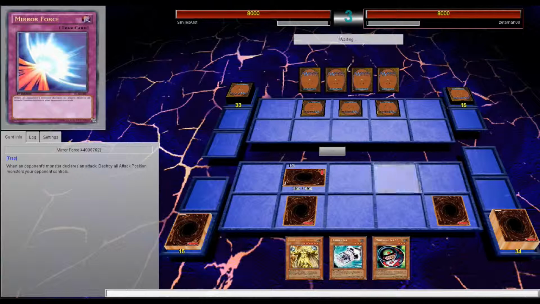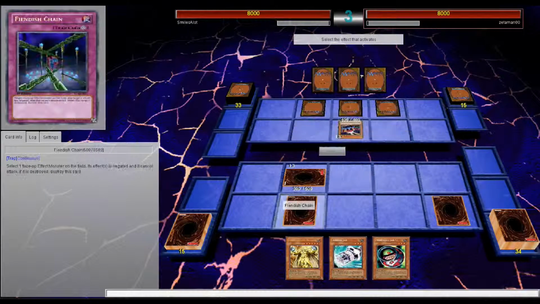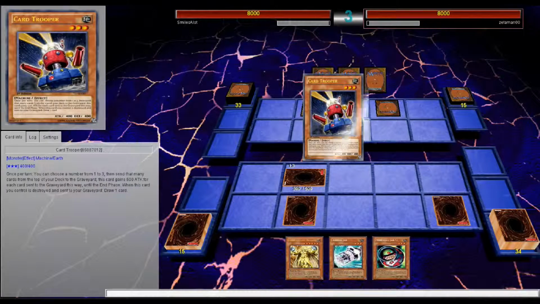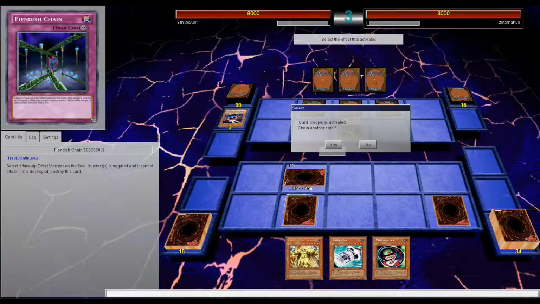So my opponent is not revealing themselves yet. Okay, card. This could be... See, I'm not going to chain it because he just wants to mill, and that's a cost to activate the effect, so chain doesn't stop that. But it could be Lightsworn, it could be... Okay, it's going to be...